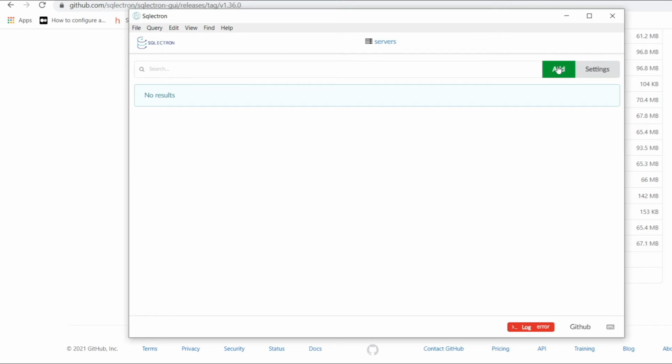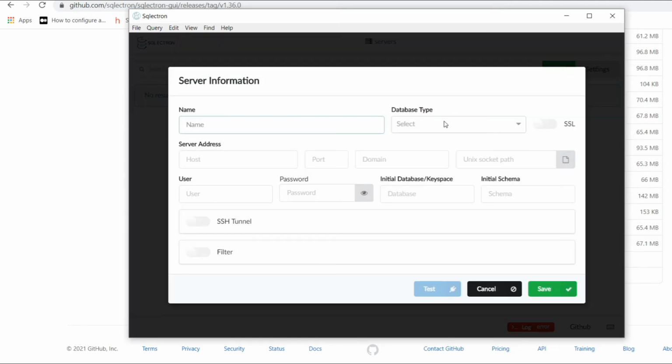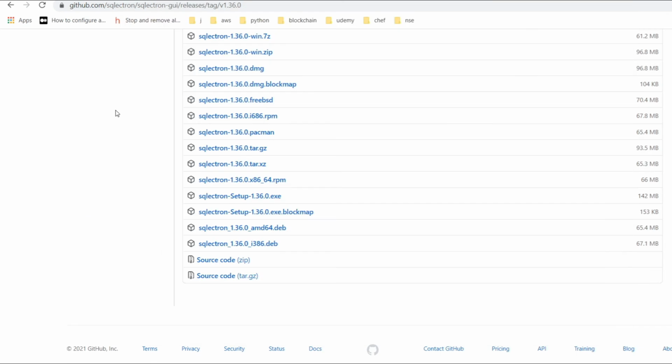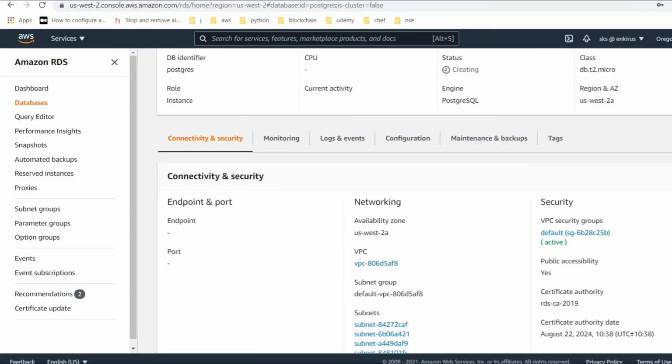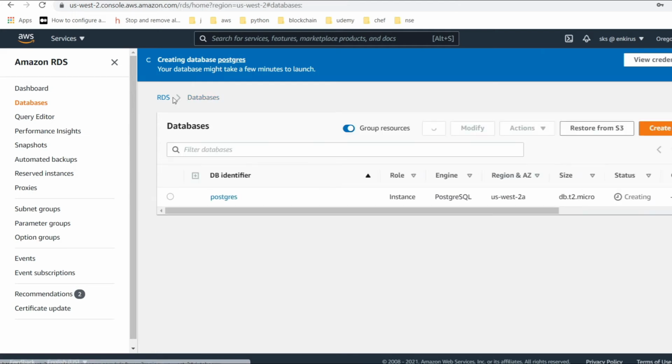Let's suppose now I'll show you how to add a host. When you click on add a host, see which hosts are accessible: MySQL, Postgres, Microsoft SQL Server, SQLite, Cassandra. MariaDB is also supported. It's not mentioned, but it's supported. Now let's wait for RDS. Let's close this tab first. Let's take a quick pause here.